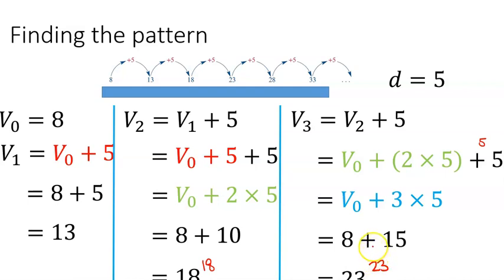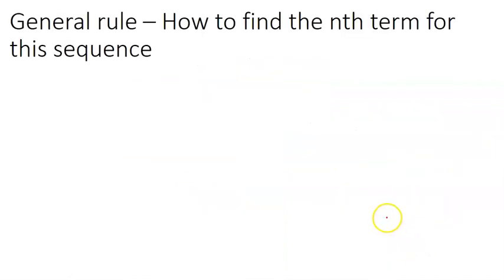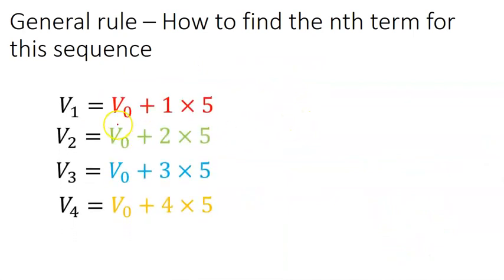And what I want you to notice is, can you see a link between the iteration number and how many lots of common differences there are? This is the foundation of the rule. 3, 3. So depending on what V position you are looking for will dictate how many times you're going to implement the common difference. So the general rule to find the nth term for the sequence,